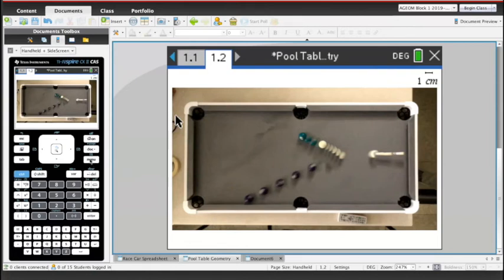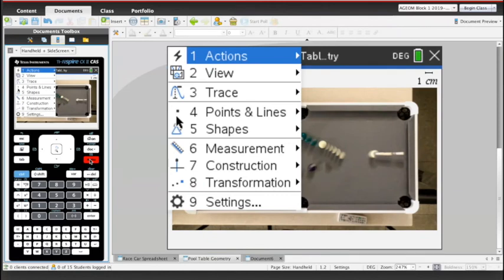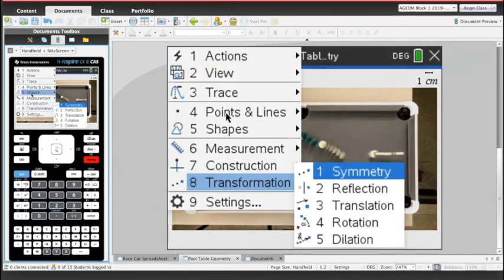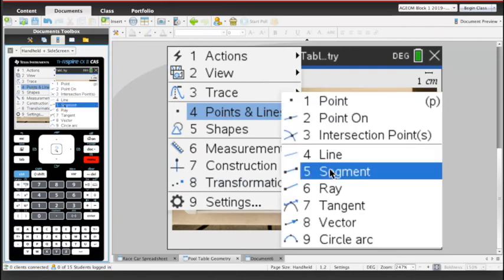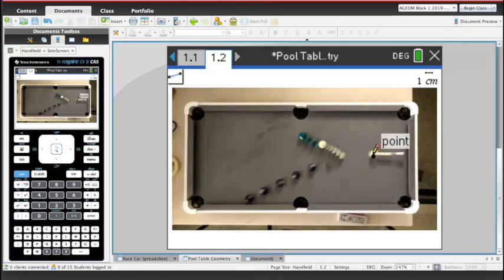So we're going to go to the menu. And we have to get some sort of axis, like time axis, x-axis, pick your point of view. And so we're going to go ahead and go to points and lines, make ourselves a little segment right here. And I'll concede, I might not do this perfectly the first time, but we have the ability to adjust it with technology, which is something that I think is great. So I'm going to start on the original cue ball, and I'm going to put this point out here like so, realizing I might be moving this somehow. So this is the x component